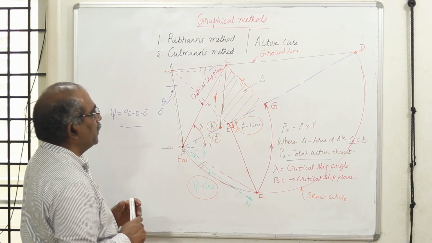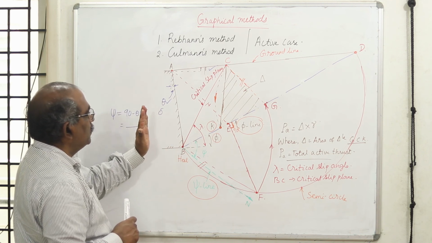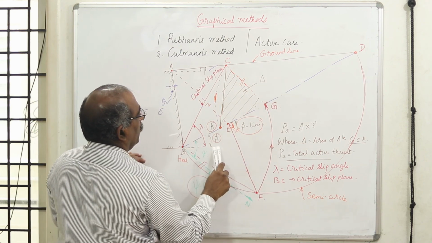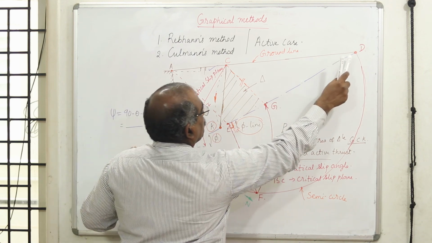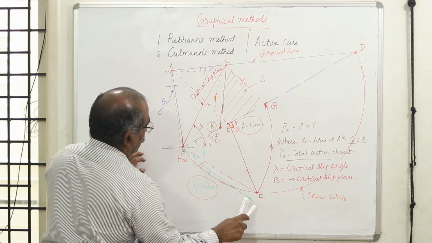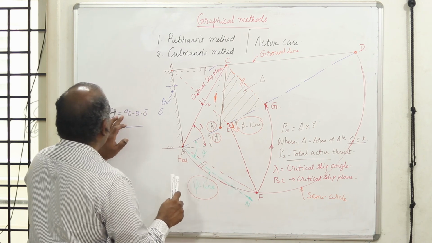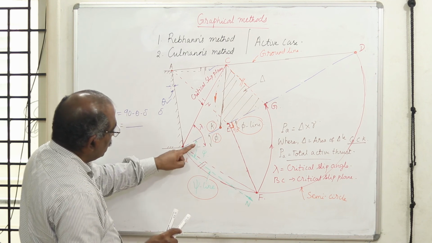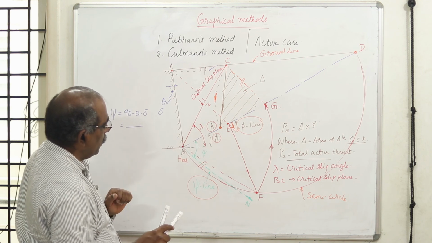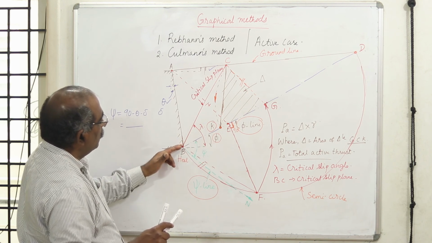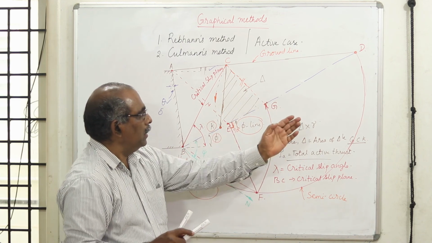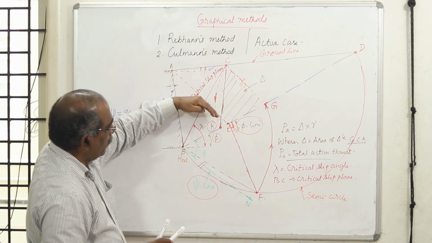To explain once again, draw the retaining structure to certain scale, draw the ground line, draw the phi line with respect to the horizontal. Wherever these two lines meet, we call it D. From B, which is the heel, you draw a line BN, which is called the psi line, where psi is equal to 90 minus theta minus delta. This psi is measured from the phi line and not with respect to the horizontal, whereas phi is measured with respect to horizontal. Then you take BD as diameter with the center point and draw a semicircle. Then from A you draw a line parallel to the psi line.